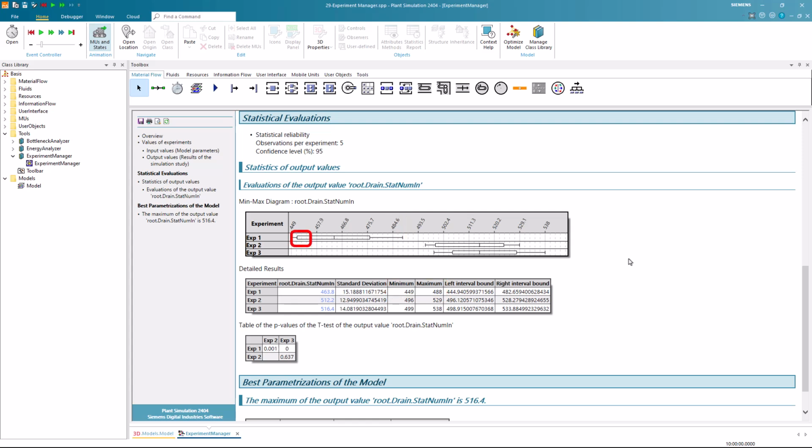The left bound of the box plot shows us the lower quartile, Q1, and the right bound shows us the upper quartile, Q3. This means that 50% of the observations lie in this box, also referred to as the interquartile range, IQR. You can adjust the visualization of the intervals according to your needs.